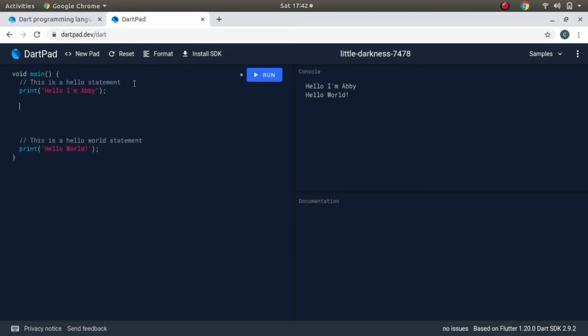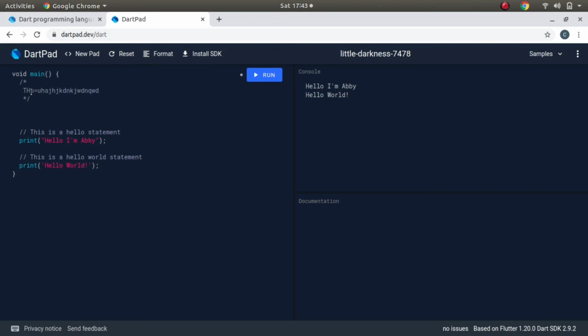Now if we want to write multiple lines of comments, let's say I have to write multiple lines of comment at the very beginning, then I will simply create this /* and */ and include whatever I have to write.